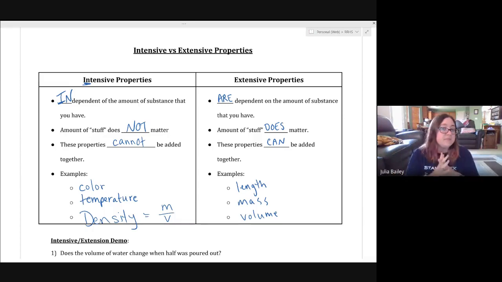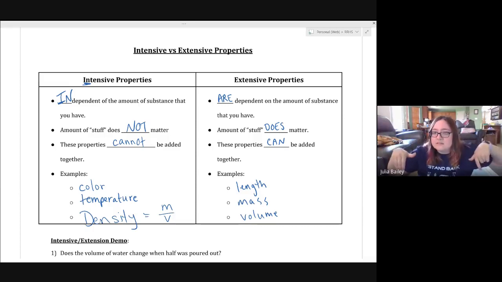Mass. Similarly, I can see that mass is dependent on how much stuff I have. So if I have more stuff, it's going to weigh more, right? Like, again, I mentioned in another video, or maybe it was earlier in this video, time is meaningless. I don't really know anymore. But anyway,